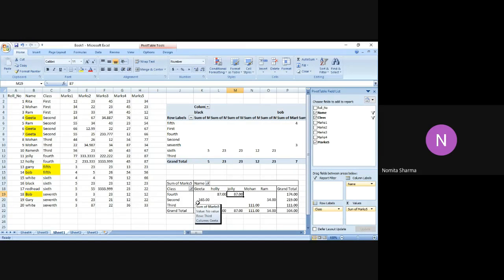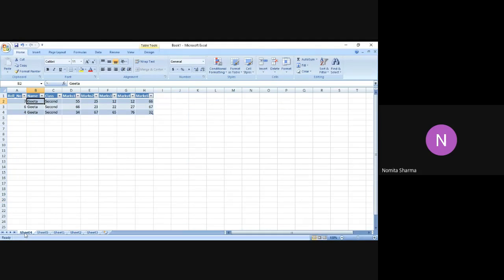But just in case, if there are more people in your class, in that case it becomes more difficult to validate what you're getting. So just in case, if you want to check and validate the result that you're getting in your pivot table, for that we can double click on that value in the pivot table, and we will get this extra new sheet to tell us what data has been validated.